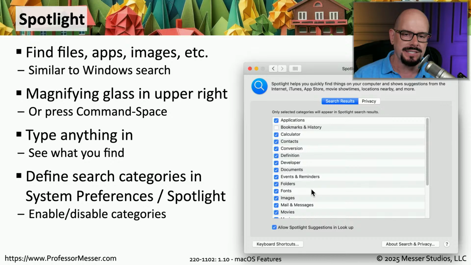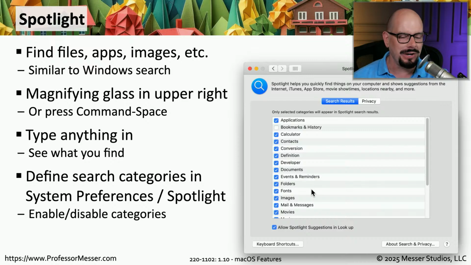We have multiple desktops, which are usually handled through a number of different services in macOS, but Spotlight is not associated with the multiple desktops that you would run in macOS. And then full disk encryption, that is certainly available in macOS, but it's not something that Spotlight handles. In this case, disabling Spotlight, the only thing that it would affect is the searching of files. That's what it would find or not find if you disabled Spotlight.